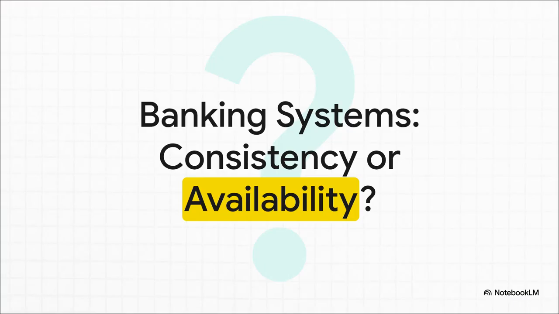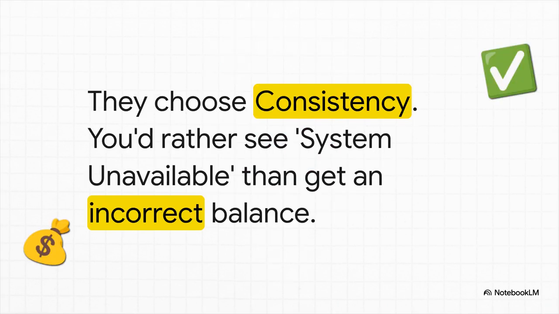All right, first example. Think about your bank. You're at an ATM, and suddenly there's a network glitch, a partition. The ATM is cut off and can't be 100% positive what your account balance is. What choice do you think the bank is going to make? Consistency or availability? You bet they choose consistency, every single time. And we should all be pretty happy about that, right? You would much, much rather see a system temporarily unavailable message than have the ATM give you the wrong balance. For a bank, the data has to be perfect, so they will always sacrifice availability to make sure it's consistent.